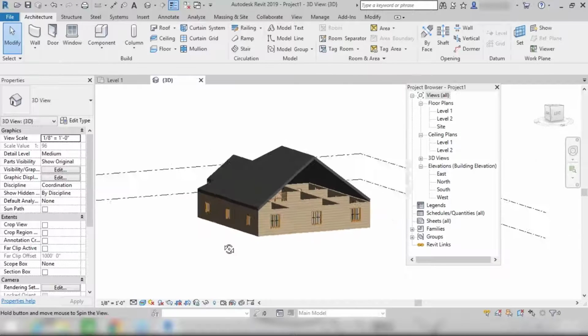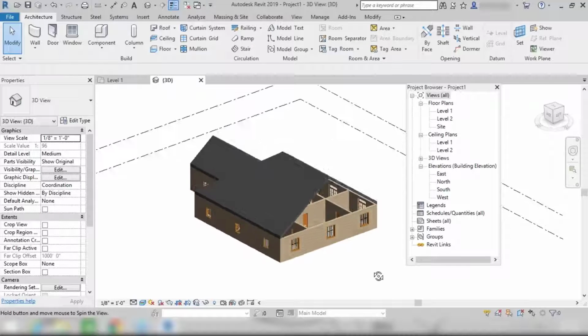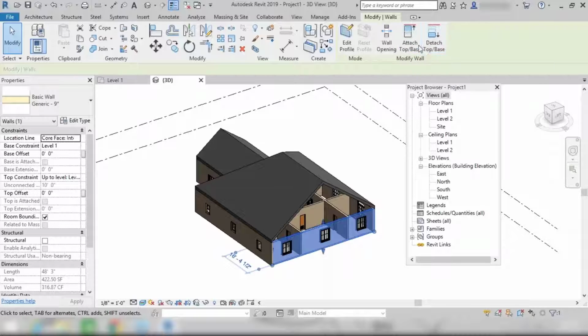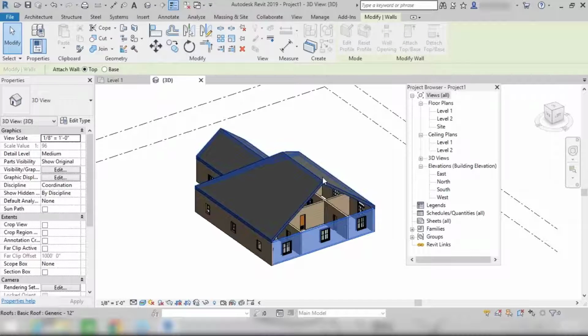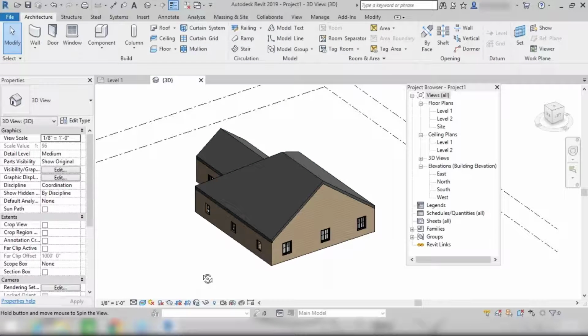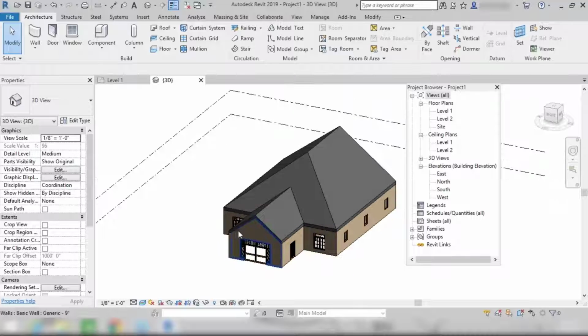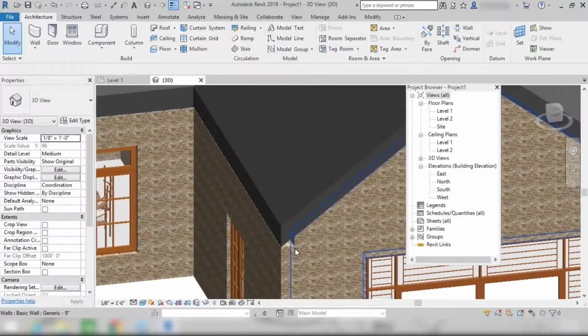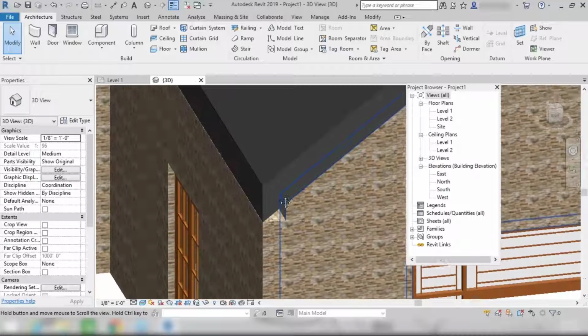Similarly, I want to attach this as well. So you can select this wall, and after that, click on this button, attach top base, and select this roof. So in this way, you can attach your walls to the roof. If you zoom here, you can see a very small gap.